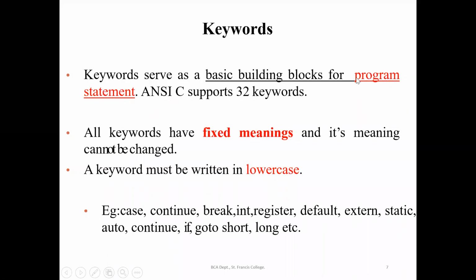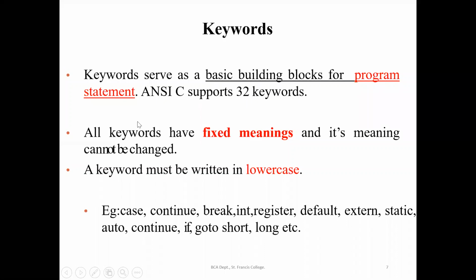To make a program statement, you can have two things: one is the keyword, which is taken as an instruction, that is a reserved word, and then after that we may use a variable. You can give any name for the variable. So you cannot write a program with variables alone. You have to give some instruction using the keywords.